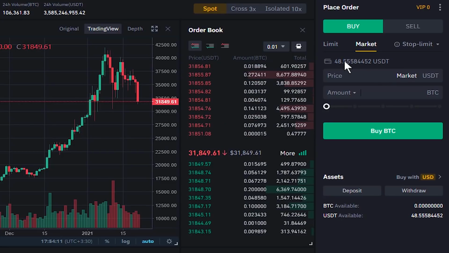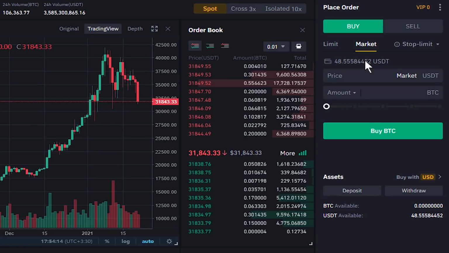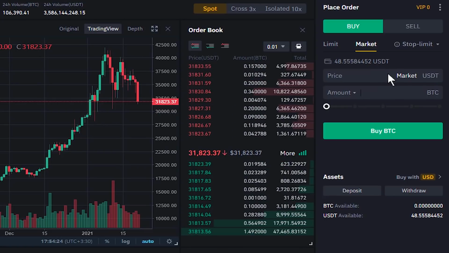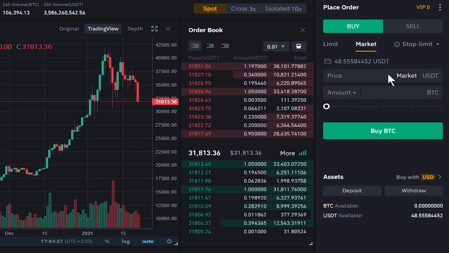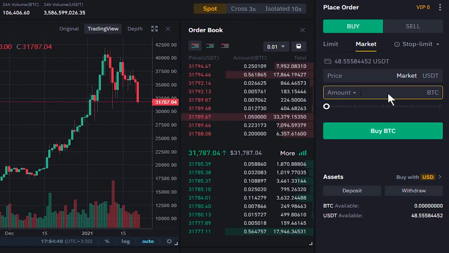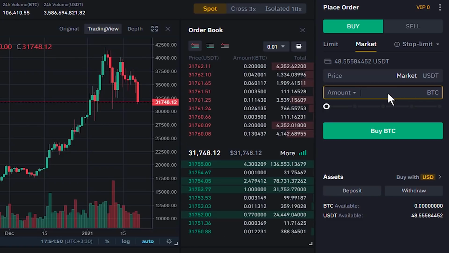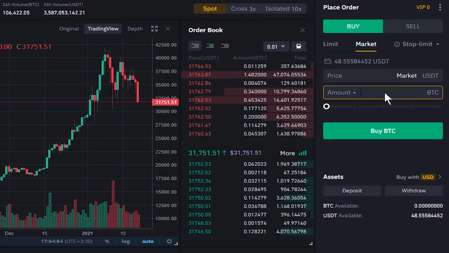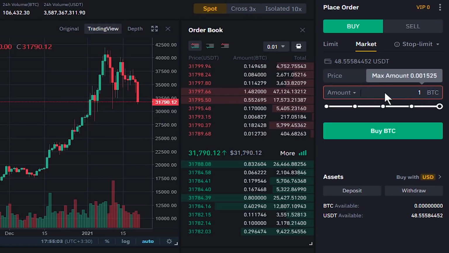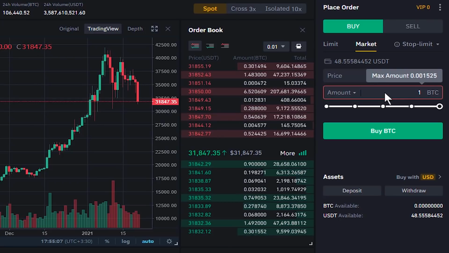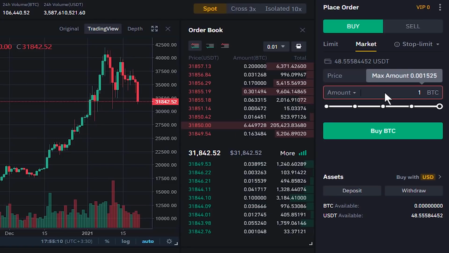Here, as I said, it shows how much Tether is available for us to buy Bitcoin. Here the price is set to market because we are placing a market order. And in this box, we enter the amount that we want to buy, which is based on your available Tether. If you enter, for example, 1 Bitcoin, you see an alert that the maximum amount that we can buy with our available Tether is something like